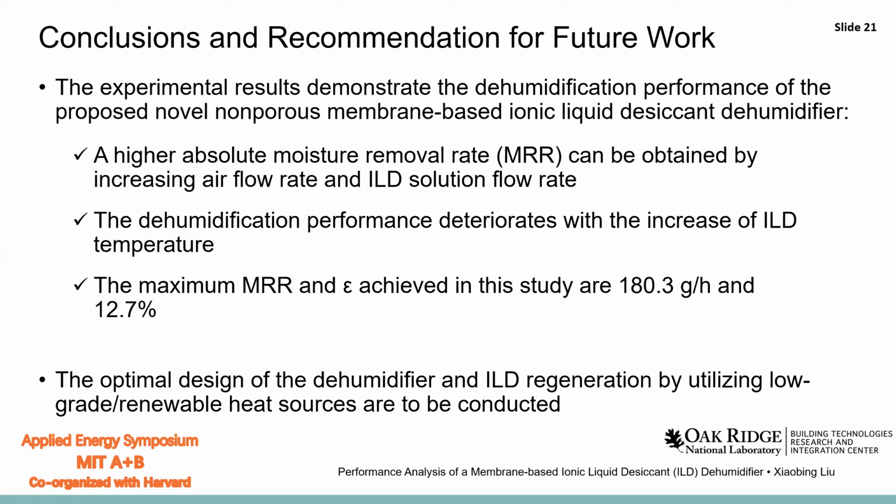To conclude this work, the experimental results demonstrate the dehumidification performance of the proposed novel dehumidifier, which uses a nonporous membrane and the ionic liquid desiccant. We found that a higher absolute moisture removal rate can be obtained by increasing the air flow rate and ionic liquid desiccant flow rate, and the dehumidification performance deteriorates with the increase of the ionic liquid desiccant temperature. In this study, the maximum absolute moisture removal rate achieved is 180 grams per hour,